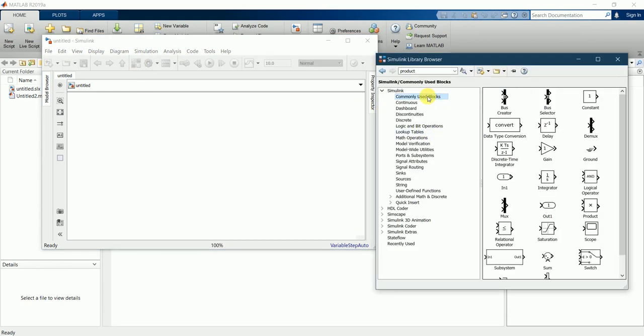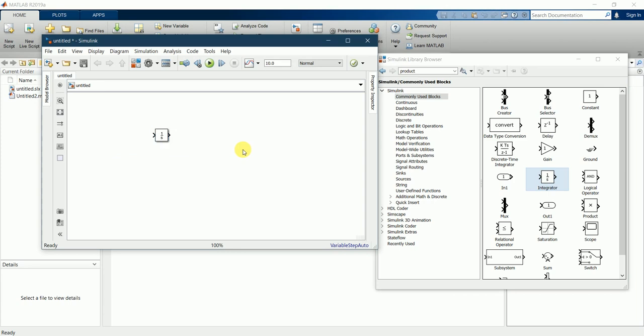And for this equation I'll again be needing an integrator because it consists of d square y by dt square. So y is getting differentiated with respect to time, and we need a sum function as well because there is addition of two constants, and a scope to display the result, and a gain function as well. So first I will drag an integrator,